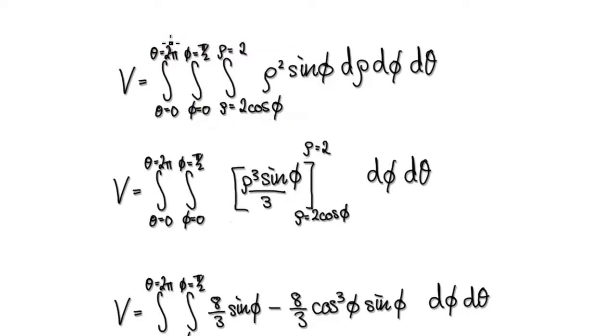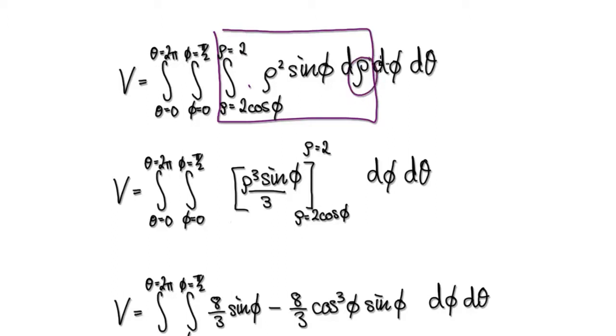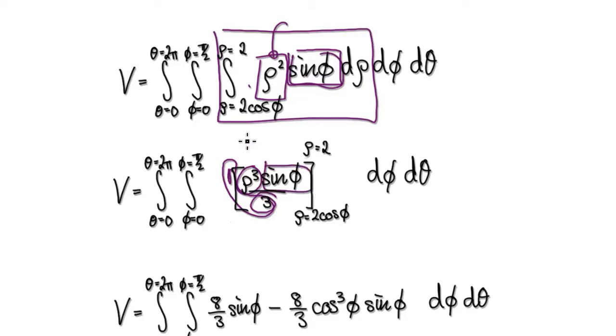So now it's just a matter of integrating it. Looking at the inner integral, we've got to integrate this with respect to rho. This thing here would be a constant. So when you integrate rho squared, it will be rho to the power 3, and then you've got to stick a third in there. And then remember, this is a constant, from 0 to 2. So that will then